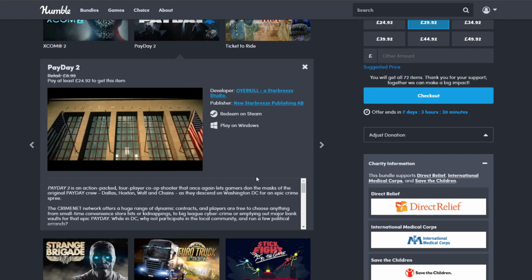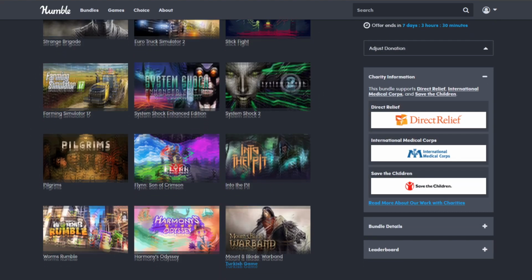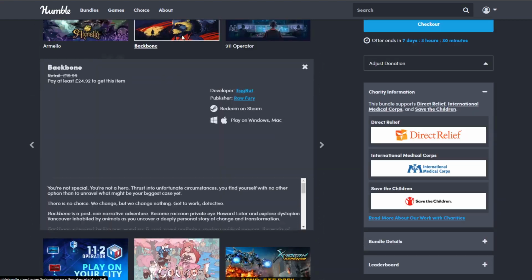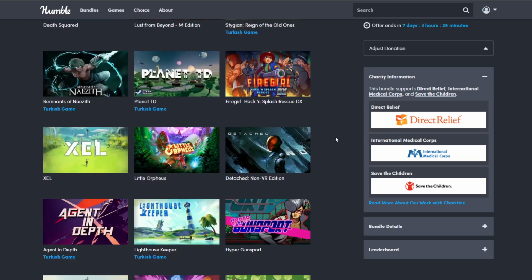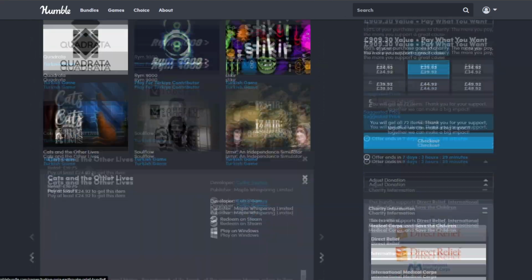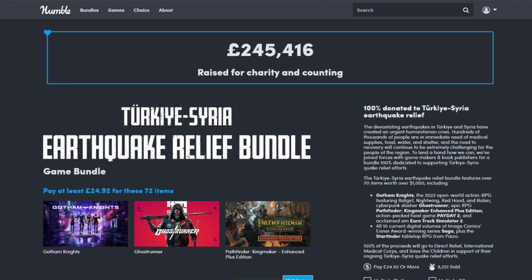There are some pretty big names here like Gotham Knights and XCOM 2, but also some really cool high profile indies and some Turkish games including Soul Searching and Pill Baby, of course. But there is so much cool stuff here that you need to check out yourself. You'll need to go to humblebundle.com and check out all this cool stuff while feeling good about helping people